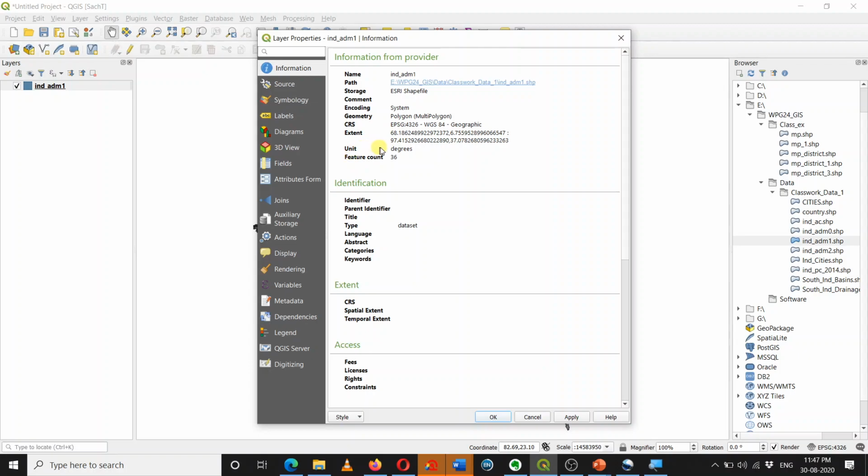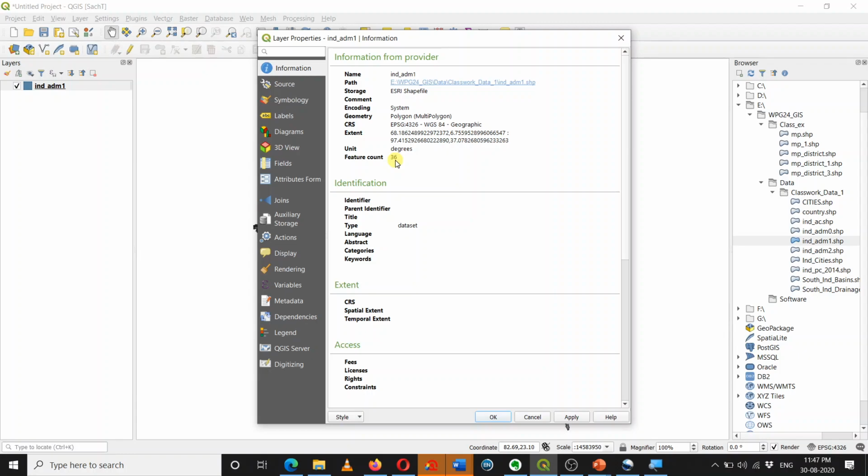And this gives you information about the unit. So all these readings you see, these are the units called degrees. So therefore you can see the values 68.18 to 6.75, 97.41 to 37.07. So these are lat long because this is a geographic coordinate reference system and the unit is a degree, and this is the feature count. So there are total 36 polygons in this file.